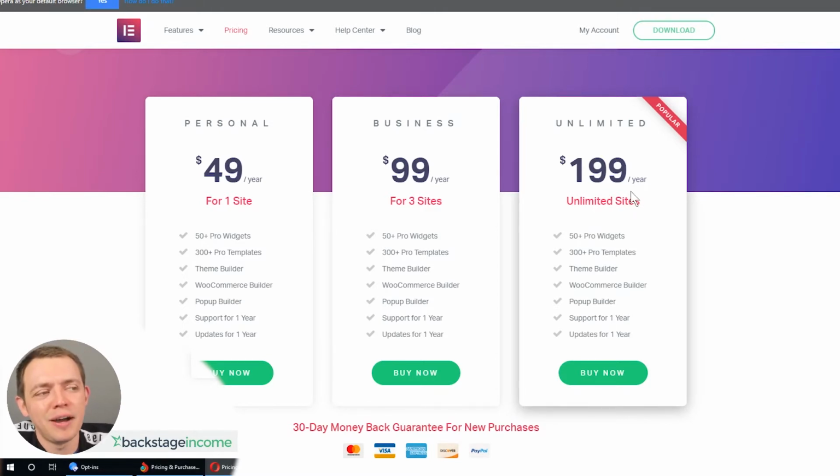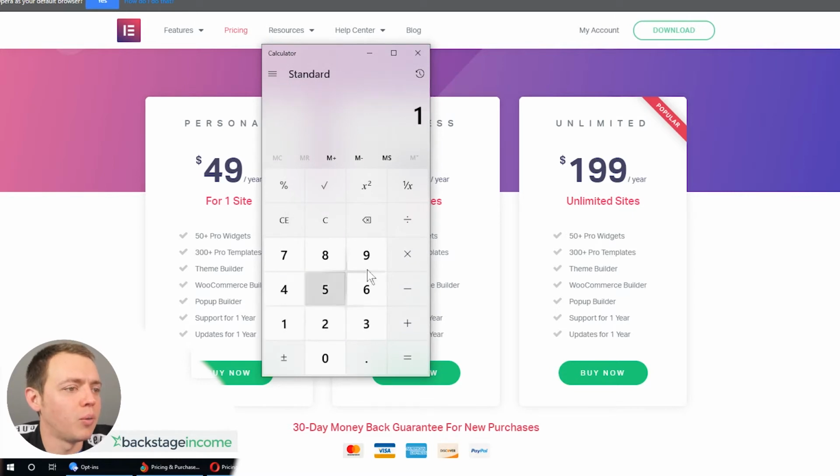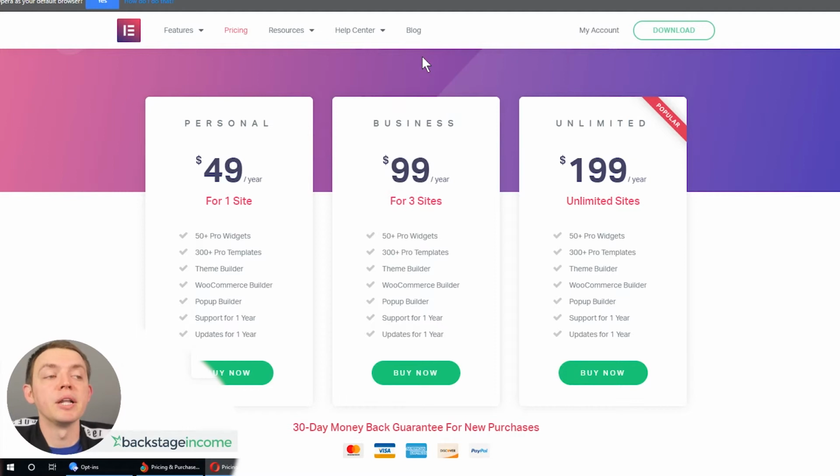So think about it. If I got $200 that I'm spending for 20 websites or 50 websites versus one website, $50 on a per website basis, right? Let's look at the calculator and break it out. So here we got $199 divided by, let's say, 50 websites. You're only paying about $4 a website, right? Whereas here you're paying $50 a website. And that's the thing with scalability: once you have these tools, you're able to ramp up on a package and it costs you much less on a per website basis.